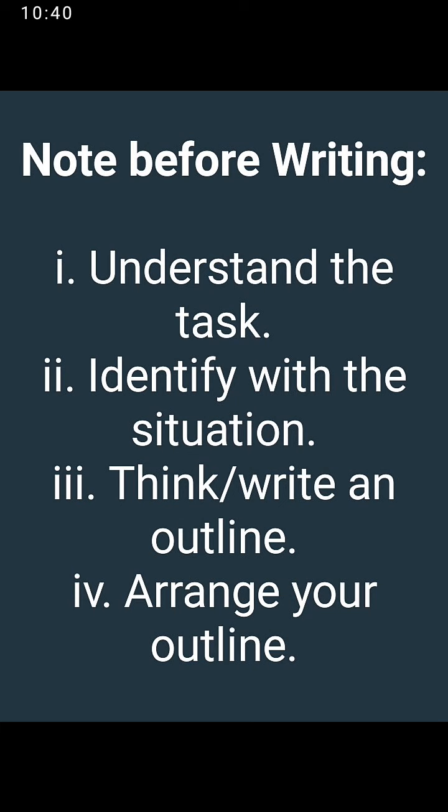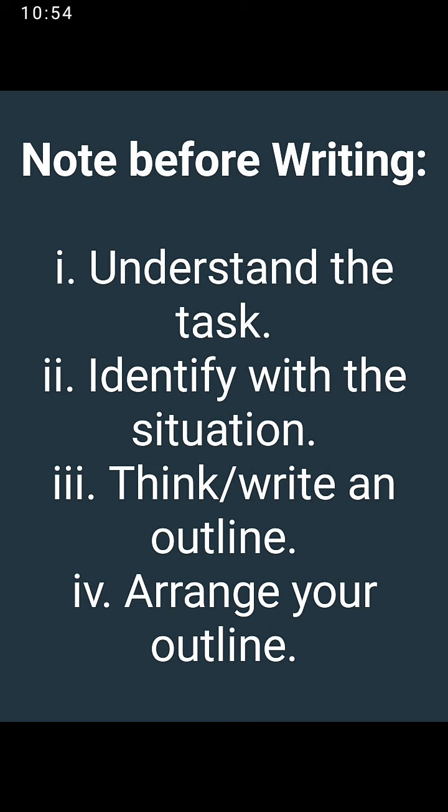Now, you want to think of those things. The question probably says, okay, write a letter to your father asking him for money urgently to fix certain things in school. Now you have to think of what are those things I need to fix in school. What will make those things very urgent? So you have to be very careful to think of these things. As you are thinking of them, the ideas are coming, and you'll be writing them down. Write the outline. Remember, outlines are those points that you will develop in the body of your letter or essay. So you write those points down.